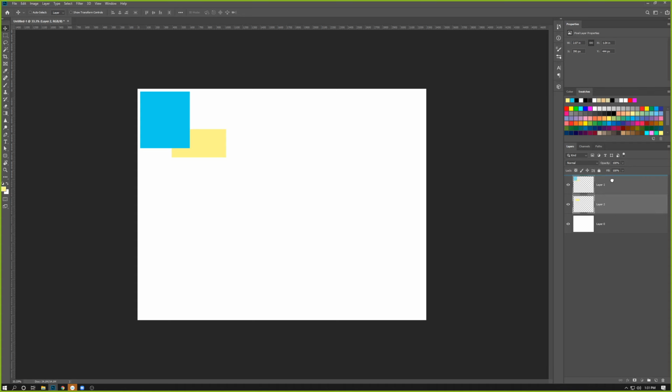Click and hold, drag it there, and you can see it drags it back up and creates that layer there. Put that layer there. So you can totally move these around. You can have them on top of each other or move them however you need to. And you can see again, one great thing is Photoshop is always trying to